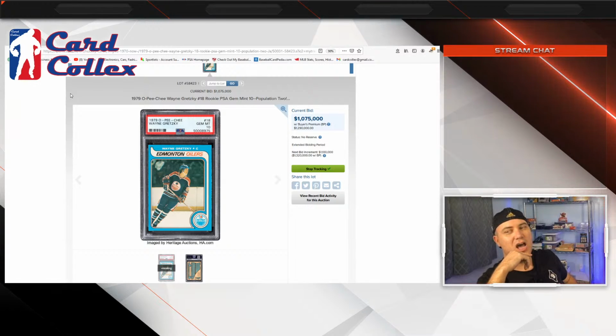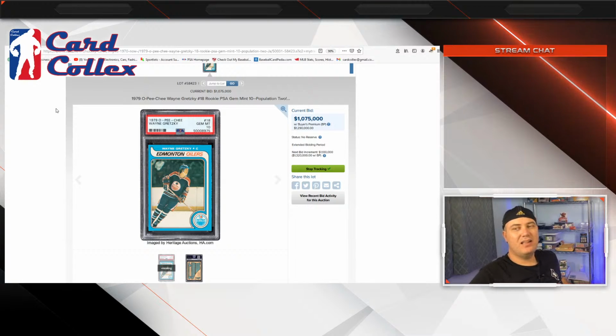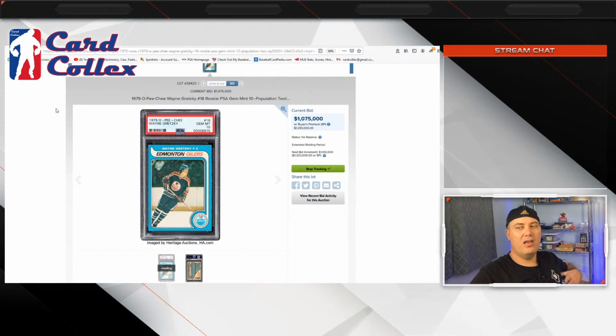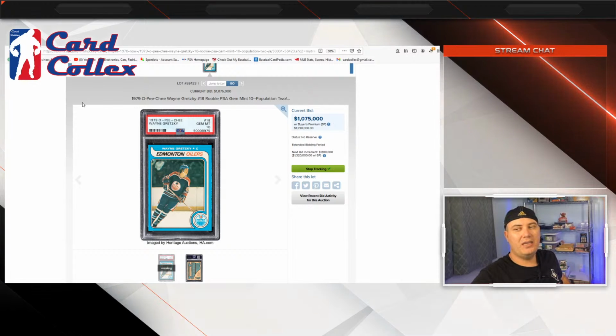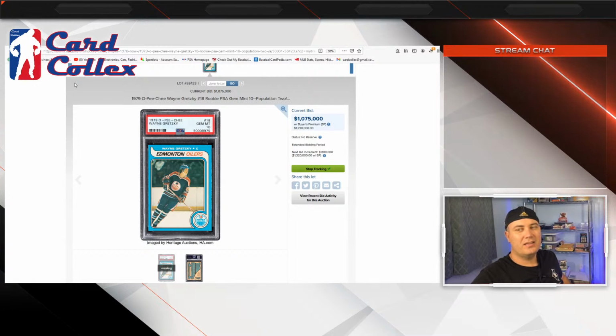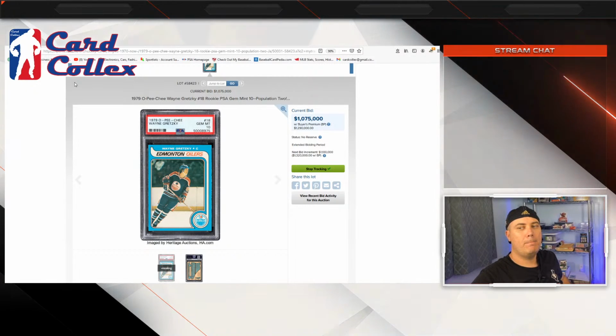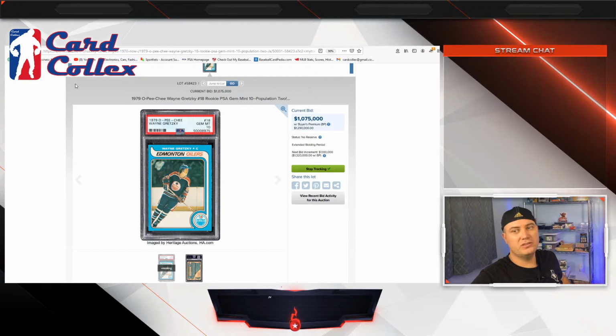And the value has kind of gone up, but I find that a little bit questionable. Yes, Logic paid 200,000 for a first edition Charizard Holo, but before that, the highest it had ever sold for was like 40 or 50 grand. And there's 275 of those PSA 10 Charizards. For one, it does seem kind of fishy that he and somebody else would be willing to pay so much more when there's plenty of them out there. But also, one sale does not necessarily determine the price of something there are so many of. Like, the Jordans jumped up to over 100,000, but there's been like 4 or 5 sales of